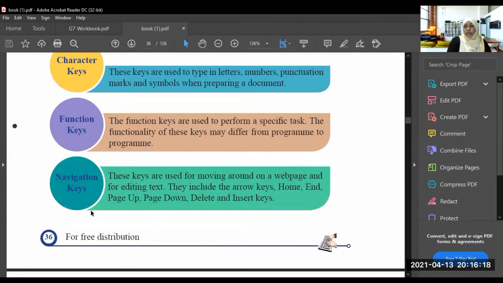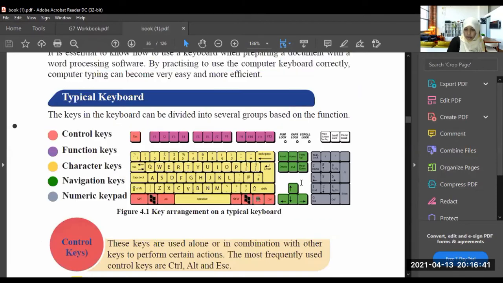Navigation keys. What are navigation keys? Navigation keys are used for moving around on a web page and for editing text. They include the arrow keys, Home, End, Page Up, Page Down, Delete, and Insert keys. For an example, now